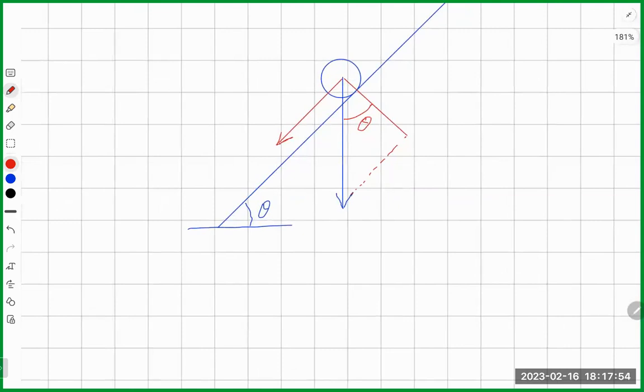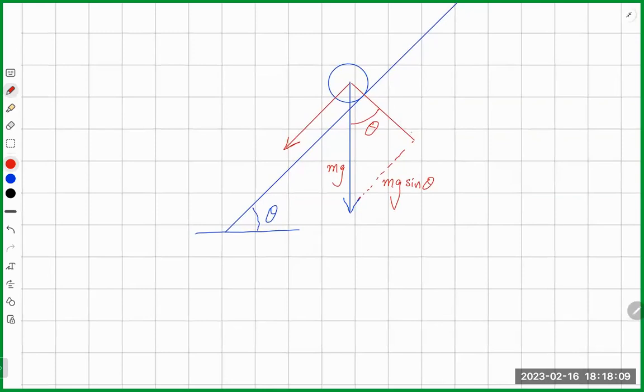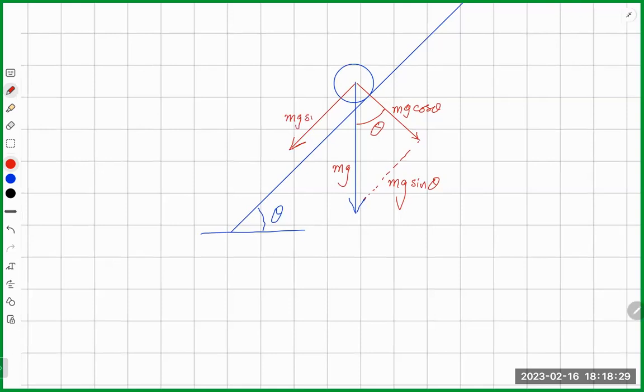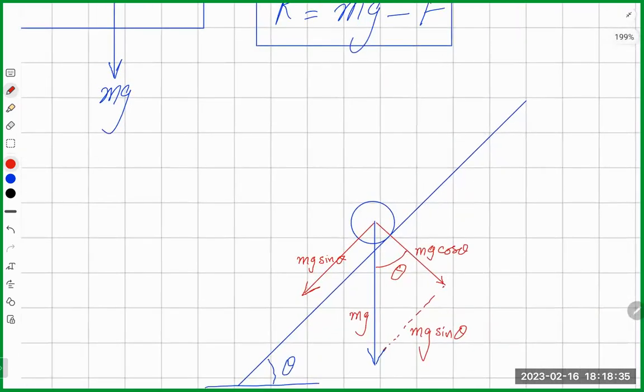Okay, so this one will be, because this is mg. This is weight mg. So this will be mg sine theta, and this one will be mg cos theta. So one of them is responsible for the object to come down along the slope. Which one it will be? Mg cos theta or mg sine theta? If you pay attention, you find it is mg sine theta, which is acting down the slope, and reaction force